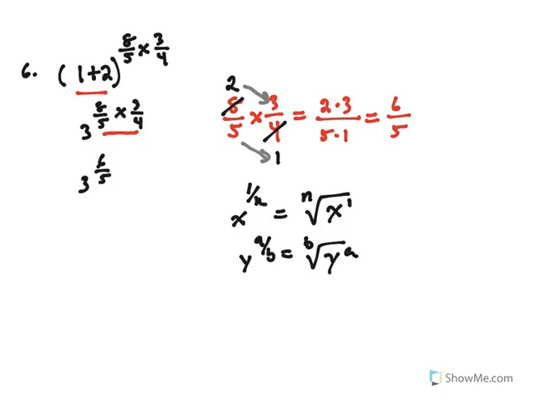But we haven't talked about that yet, okay? So generally what this would translate to is you have 3, and then the denominator is 5, so that is the root. That means you're taking the 5th root, and then that is going to be raised to the 6th power, all right? 3 is going to be raised to the 6th power. So you would have to take 3, raise it to the 6th power, get an answer, and then take the 5th root. But since we haven't done that, okay,